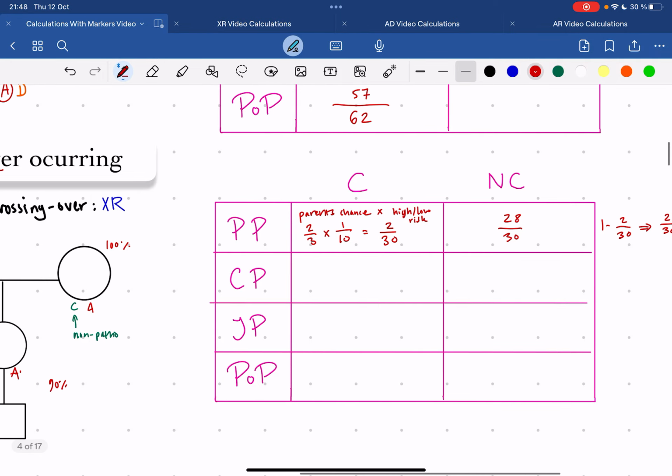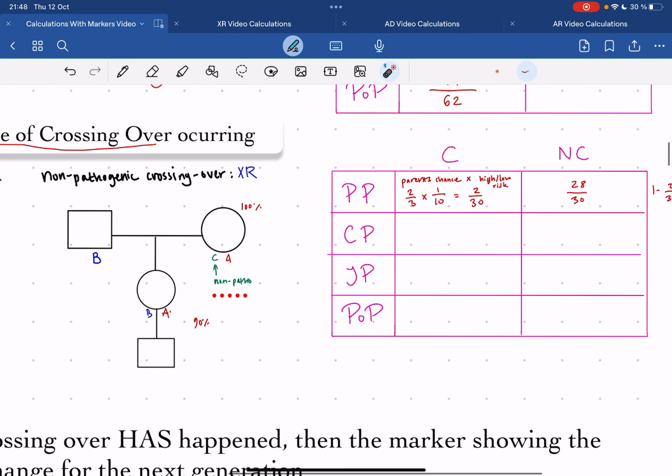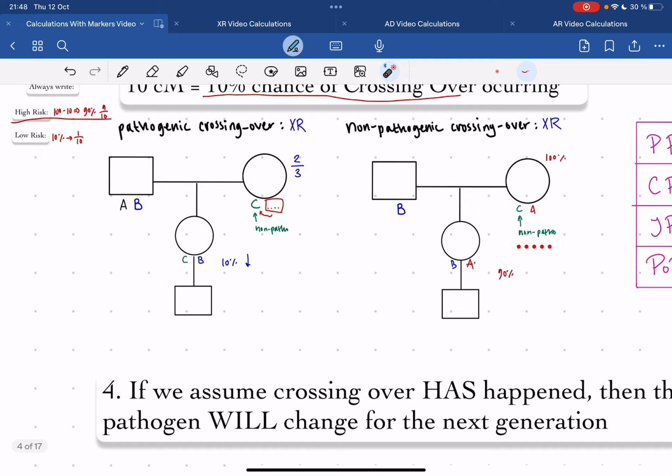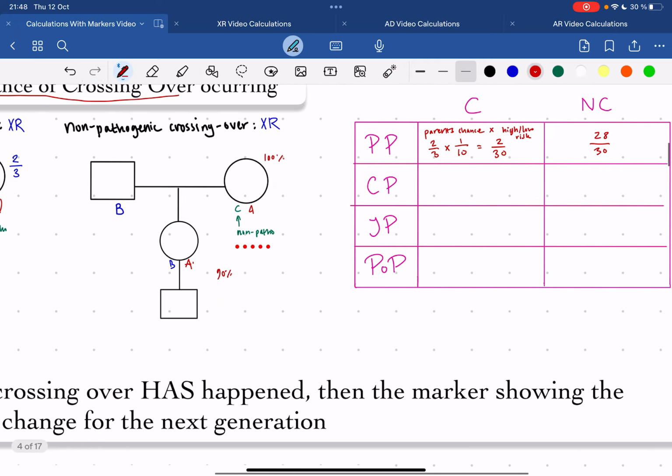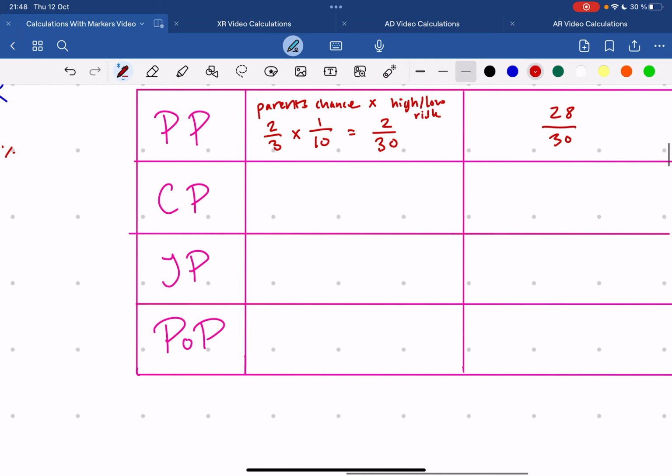The rest is just as we do always with XR. Remember, conditional probability for X-linked recessive is always 1/2 by the power of the amount of healthy sons. So this person right here has 1 healthy son, which is 1, so that is equal to 1/2. Here for non-carrier, it's always 1, and then we multiply these two by one another. We get 2/60, and here we get